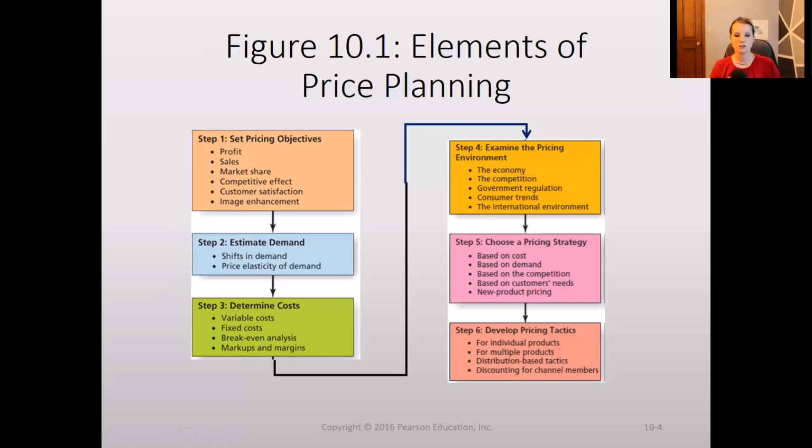Next, we're going to think about costs. What are the costs that we know have to be put in order to make the product? Those are our variable costs. And then what are our fixed costs? What are things that are not going to change no matter how many packs of toilet paper we produce? There are going to be some costs that are going to stay the same.